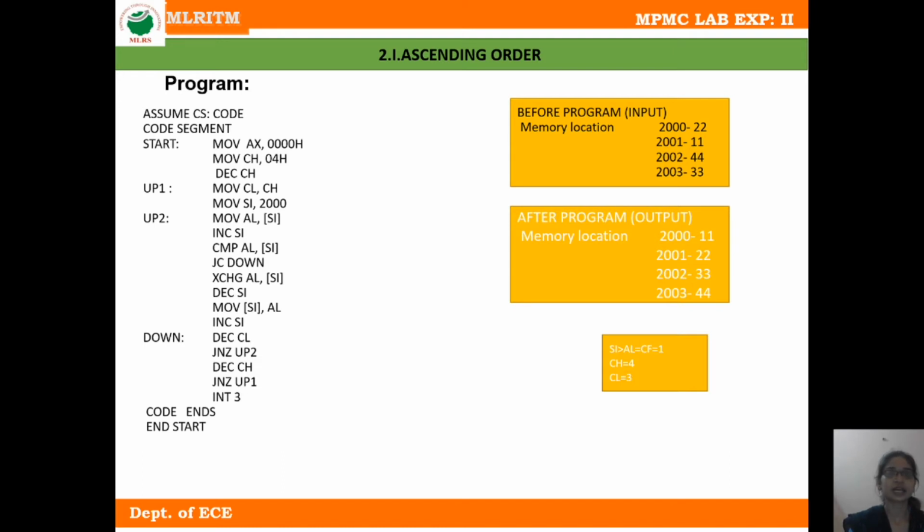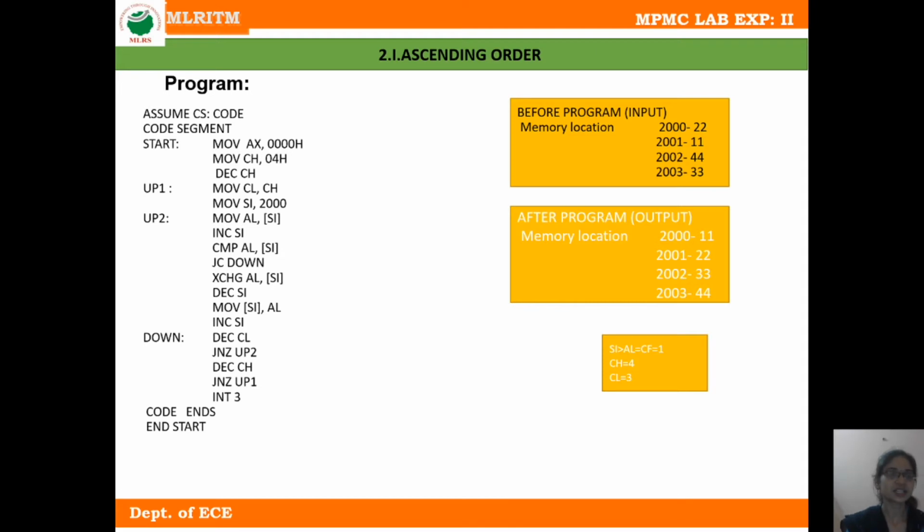We already know that we are selecting the memory location 2000, and we are arranging our random numbers, which are placed in locations 2000 to 2003. So for these four numbers, we require a counter, CH.